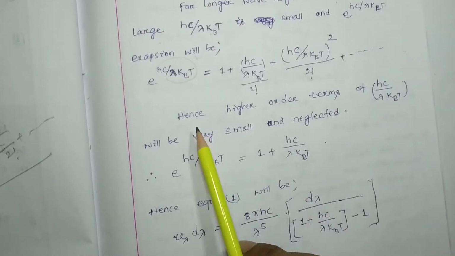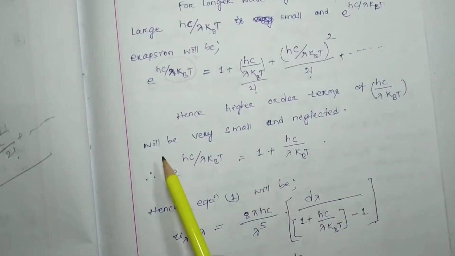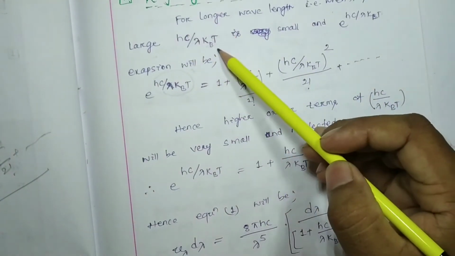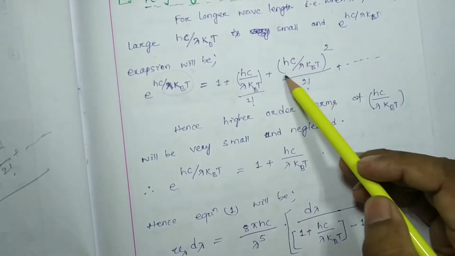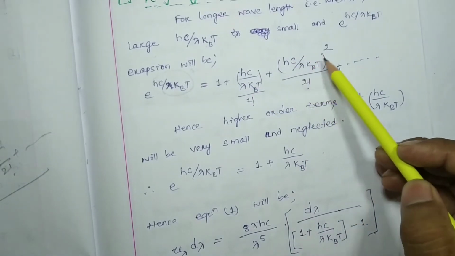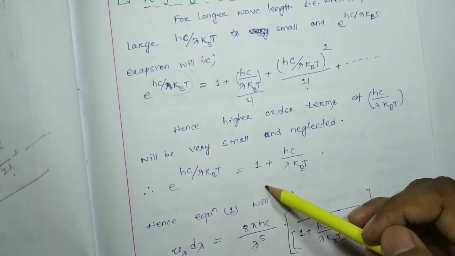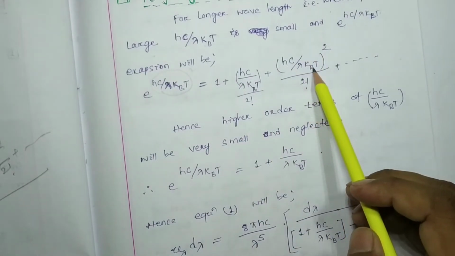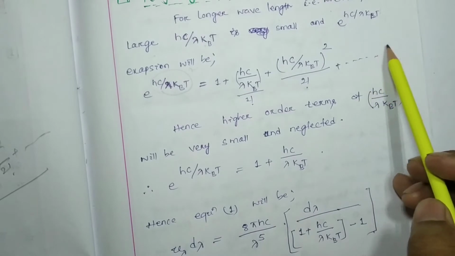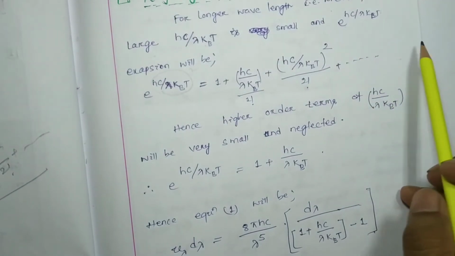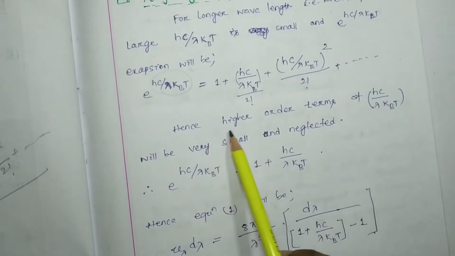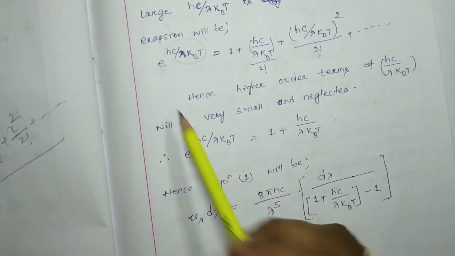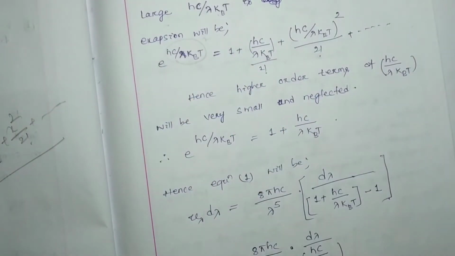Now the higher order terms will be very small, because when lambda is large this term is small. If we consider the square term, the denominator will be lambda square, so this term again decreases and becomes very small. So the higher order terms, sc by lambda kBT whole square, sc by lambda kBT to the power cube, will be reduced again and again. So here we neglected those higher order terms, and we considered only e to the power sc by lambda kBT is approximately